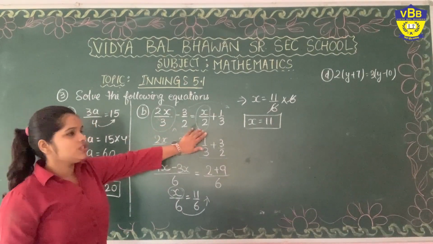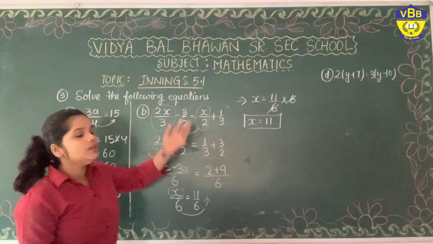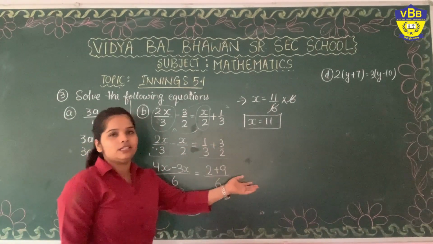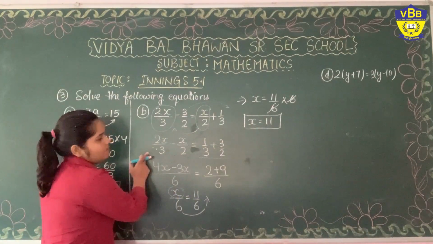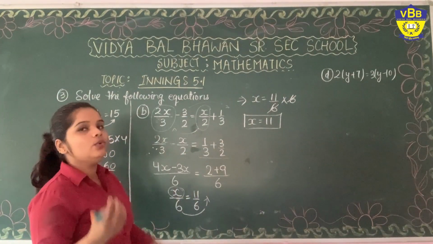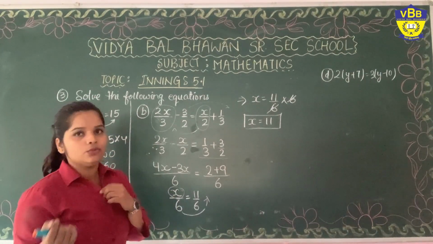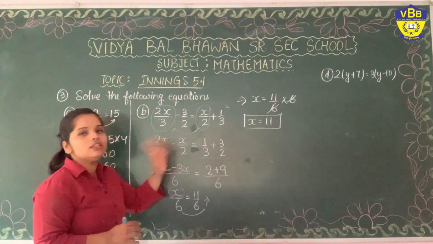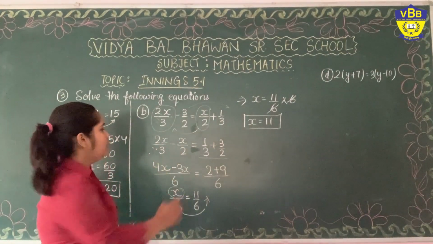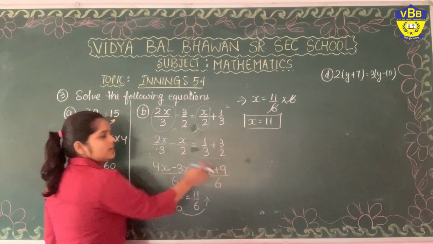We have arranged the numbers with variable on the left side and the numbers without the variable on the right side. What then? These are in fraction and we know very well how to add the fractions. We can add like fractions only. To make them like fractions, take the LCM of the denominator and change the numerator accordingly. Here it is minus sign, so we have subtracted. Here it is plus sign, so we have added.